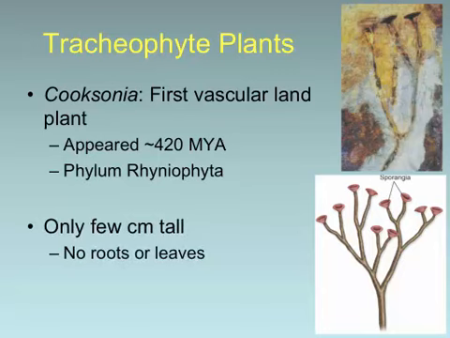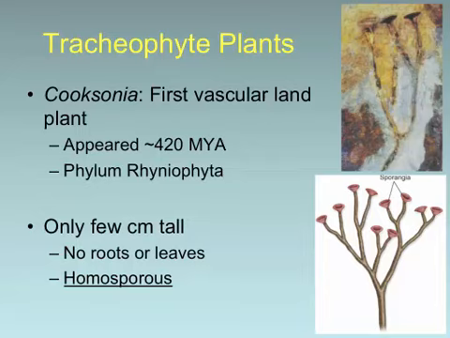The Rhiniophyta is a group which we think, we're almost sure, were tracheid plants, or they had tracheophytes. They were relatively small. They apparently didn't have roots. They apparently didn't have leaves. Relatively simple, relatively rudimentary, but based on fossils that have been found, it does appear that this group did have the ability to have vascular tissue.